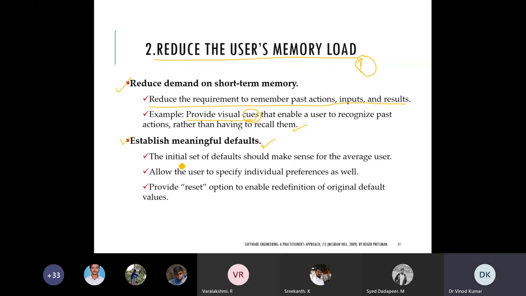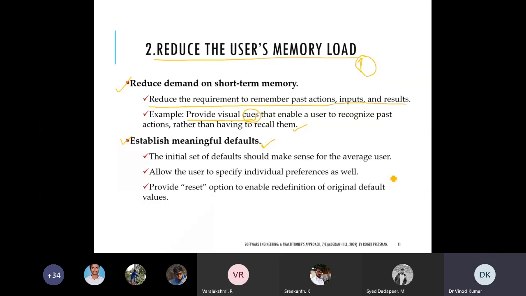For example, you are using mobiles and you have made many personalizations as per your requirement. On the mobile screen, we keep different icons arranged in a particular sequence. On the home page we arrange different menus and icons in a particular order.